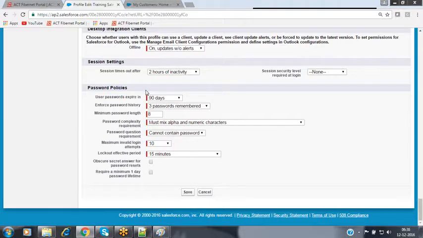Because when you go to some IT organization, they will be configuring that application in such a way that the applications will maintain the passwords only for some 45 days or 30 days, where every 45 days we have to change the password again. Here in our Salesforce, it indicates how long you want to maintain the same password: either 90 days, 30 days, 60 days, 180 days, 1 year, or never expires.